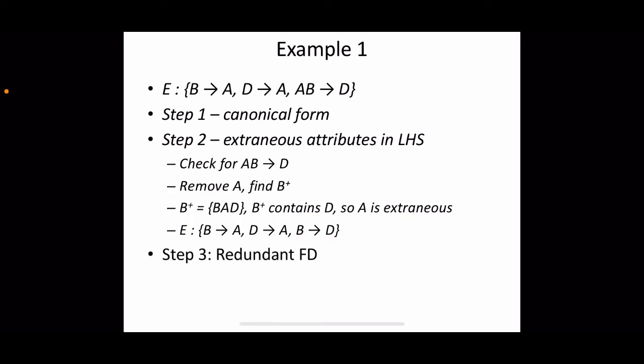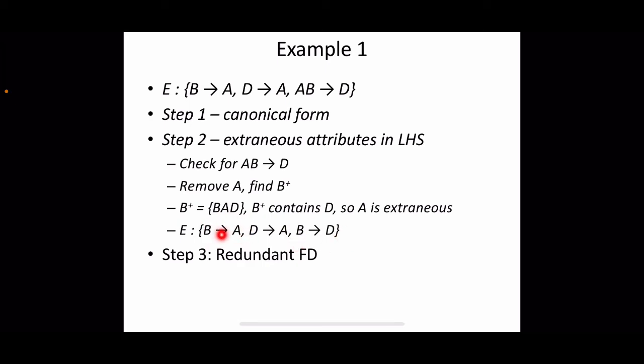Next step is to find some redundant dependencies, right? So we have to find whether there is some redundant dependency in this set. If so, we can remove that. So these 3 dependencies are there. You can see that B determines D and D determines A. So by applying the transitive rule, we can say that B determines A, right? So there is no need of an extra rule B determines A. Already from these 2 rules, by applying the transitivity, we can implicitly say that B determines A, right? So this is actually redundant.